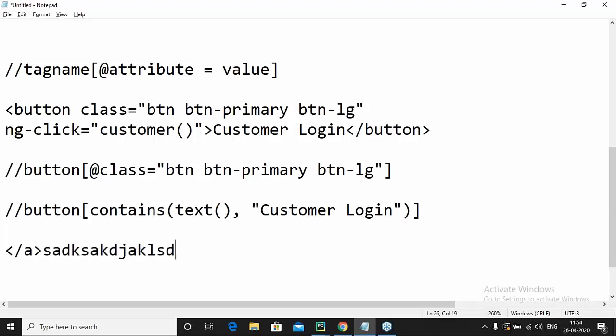Then you write the name of the link, and then the anchor tag ends. So this is how a link works, right? Now this anchor tag must have a specific unique location. Once you identify this unique location, no matter whatever link is available inside there, you can directly click on this link. So by using that strategy, I believe you can work on dynamic link testing.